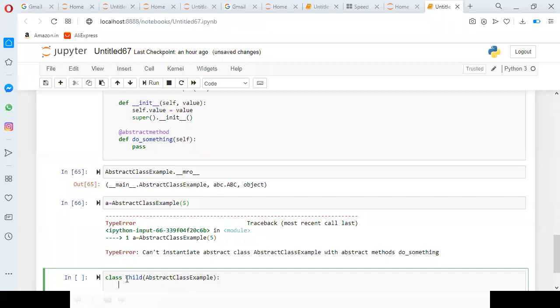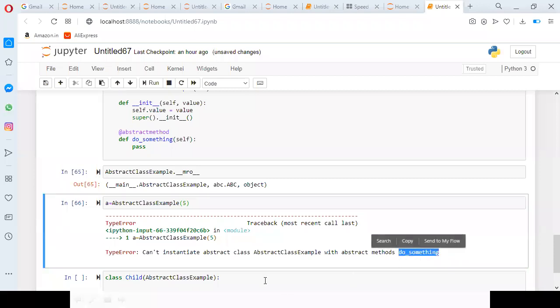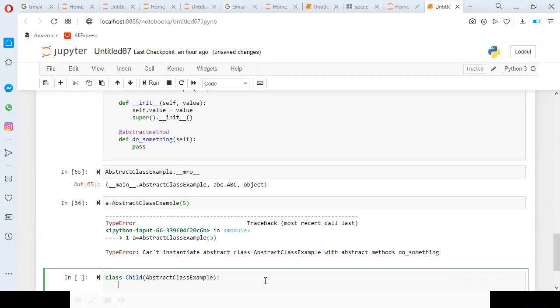In AbstractClassExample, we have the do_something method, which is an abstract method. So first you must implement that. I'm going to define the constructor, def __init__, self comma value.